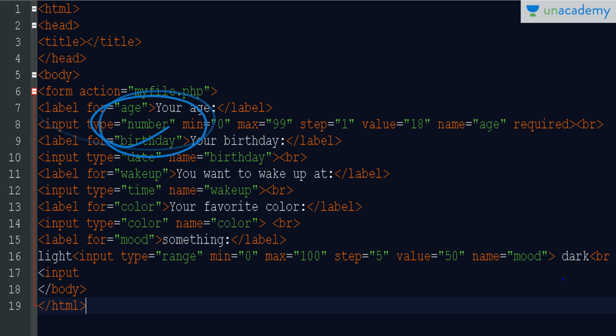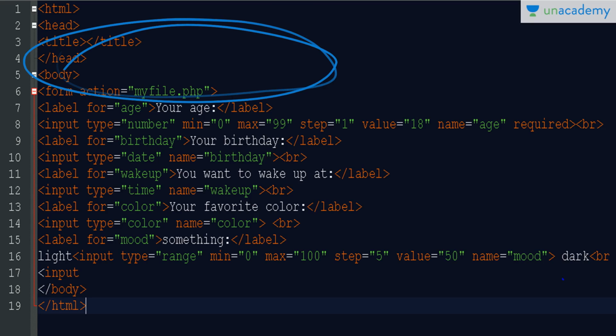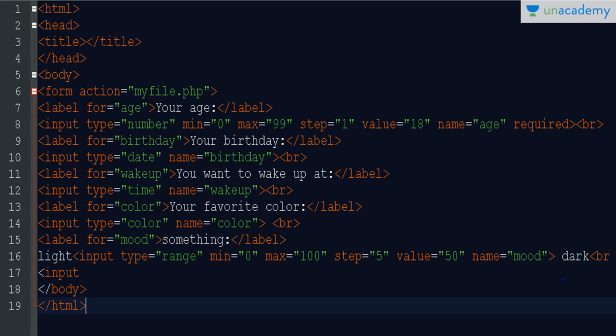So what are these attributes? Here you can see this is my number. Now I want my user to write his or her age here. As we know, the age cannot be less than 0. So I want the minimum number to be 0, and it must not be less than 0.